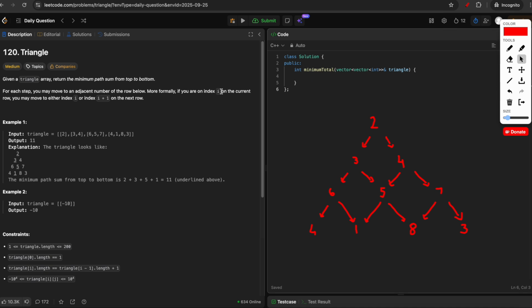If you are on the ith index, then from that index, you can only move to either index i or index i plus 1 of the next row. For example, if you're at this 2, you can move to 3 or 4 of the next row. And suppose if you're at 5,